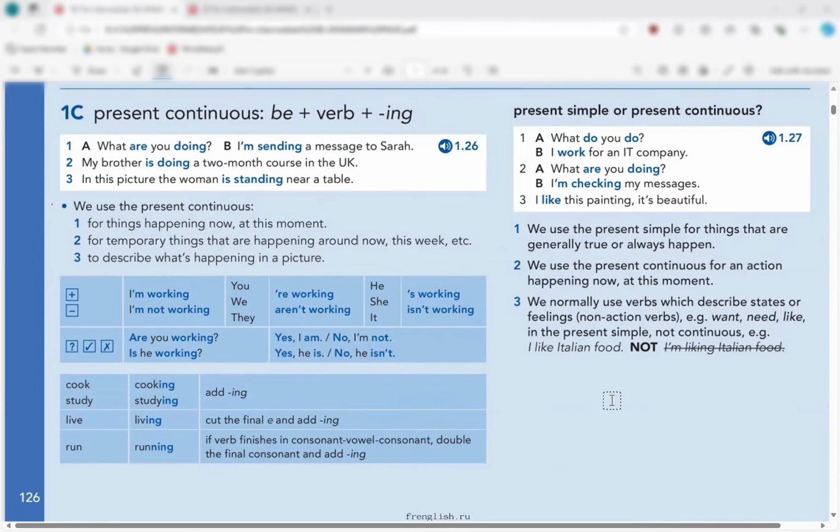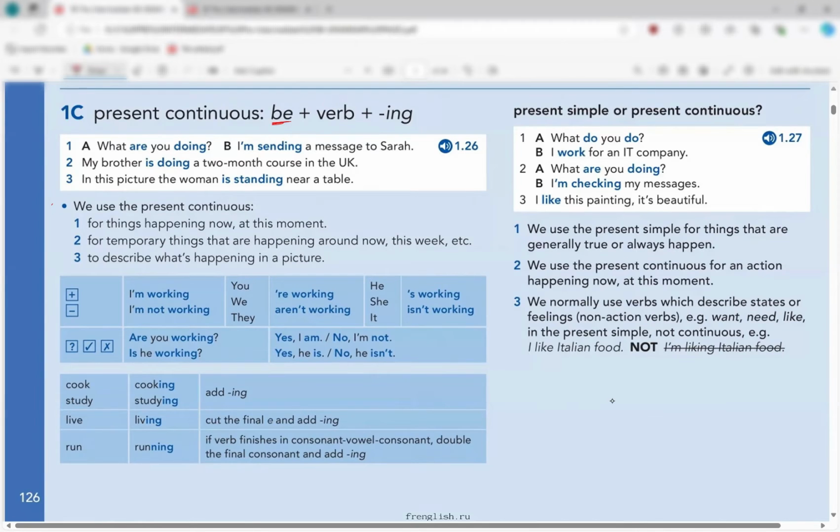Okay, so we're going to learn present continuous in this video. 1C, this is the pre-intermediate level, guys. The book is English File. So present continuous, as you can see, the formula. Formula means how to build it in a sentence, how it looks like, right? So as you can see, the structure of the formula, they're saying be,